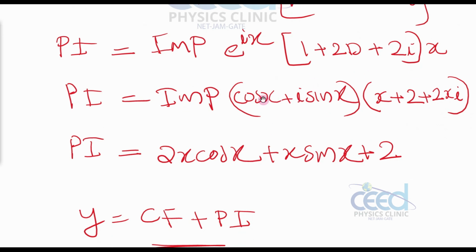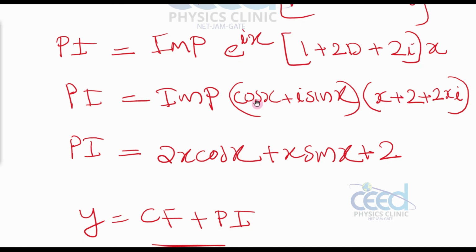When I multiply cos x with 2, this is a real number, so we need not take it, that is also a real part. But when I multiply cos x with 2xi, there is an imaginary term, so 2x cos x is the first term. Now multiplying i sin x with x gives an imaginary term, that is x sin x. And multiplying i sin x with 2xi is not imaginary. Then cos x with i gives 2 sin x.